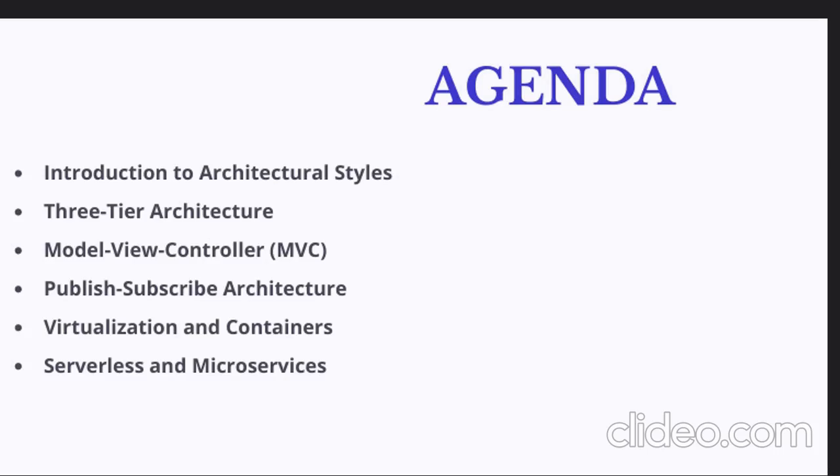The type of application being developed. We will look at three architectures: three-tier, model view controller, and the publish-subscribe architecture, each of which has its own strengths depending on the use cases. Additionally, we will delve into modern technologies like virtualization and containers, exploring how serverless computing and microservices are revolutionizing